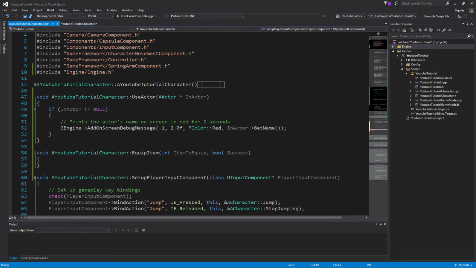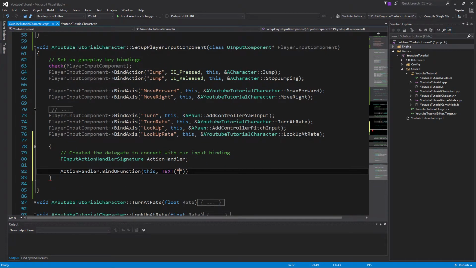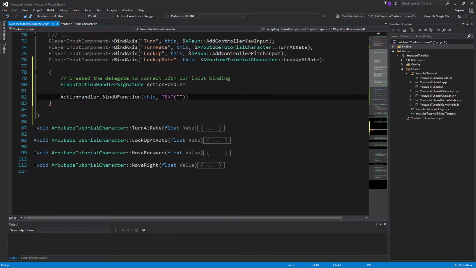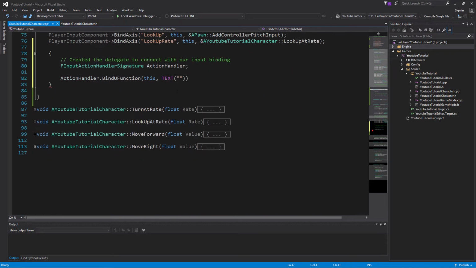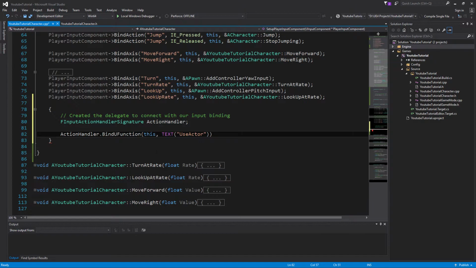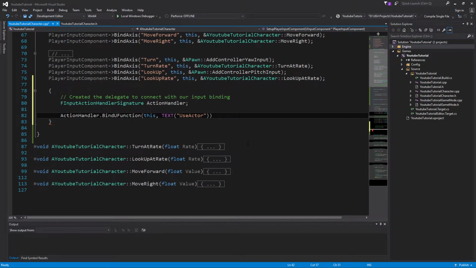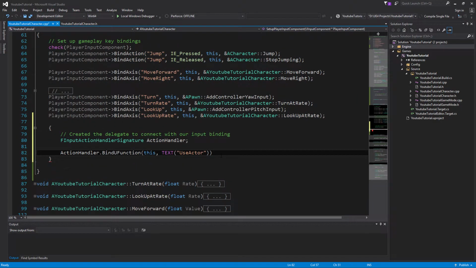Alright, so the function that we're using in this case is going to be the use actor. Where is it? Yeah. So we're just going to copy that name, paste it inside of here. Also, these are all organized and placed away so that we don't have to look at them and worry about it, because we're not going to use them. Anyway,